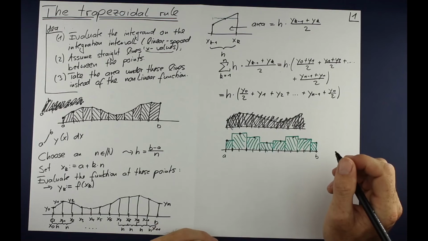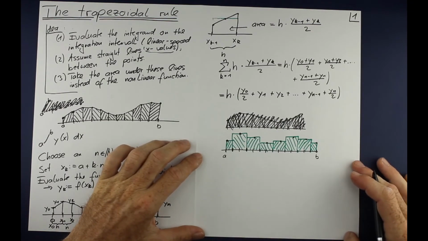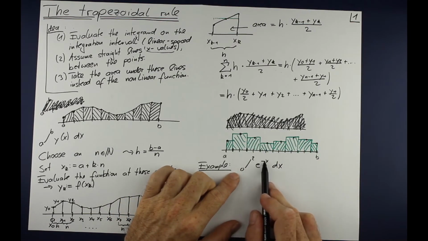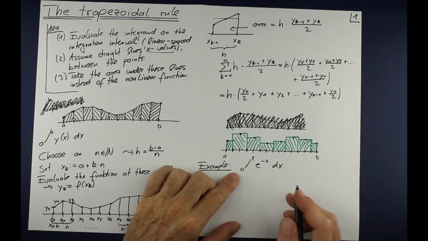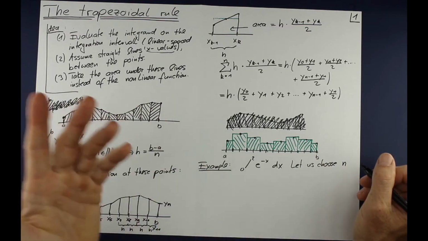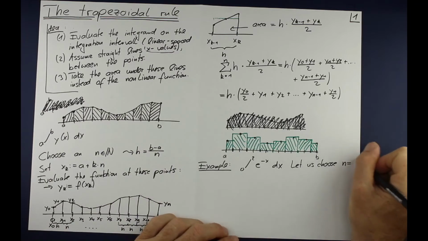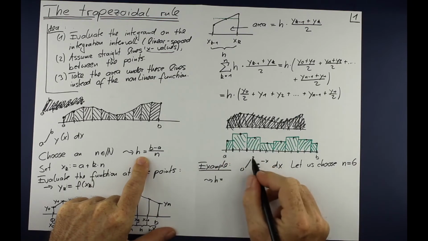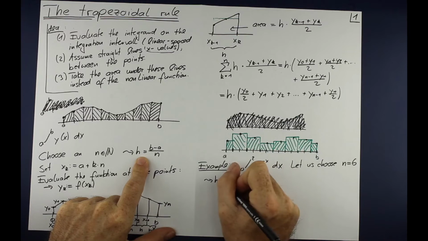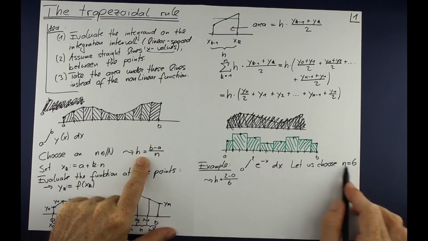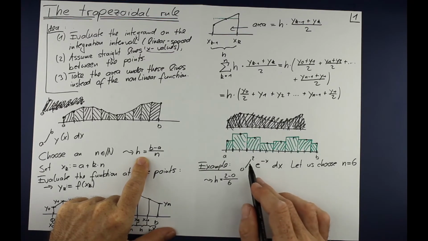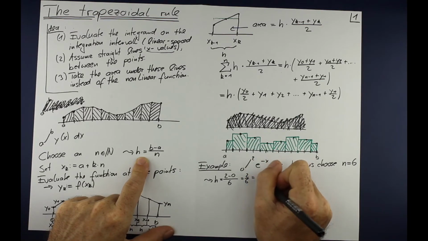What do we need last? We need an example. Okay, not so much space, but maybe we are interested in the integral of e to the minus x integrated on the interval 0 to 2. Let's choose an n. And what shall we choose? Whichever natural number you want. Maybe you choose 6. Then we have this h. This is 2 minus 0, the length of the interval, divided by 6. We divide that into 6 parts, and so this is the length of each part if the total length is 2. This is 2 divided by 6, 1 divided by 3,